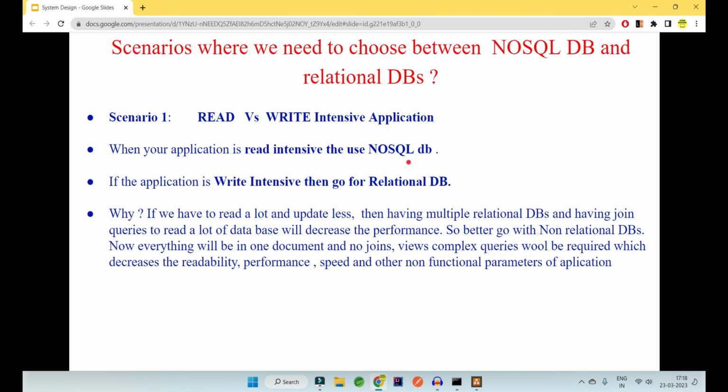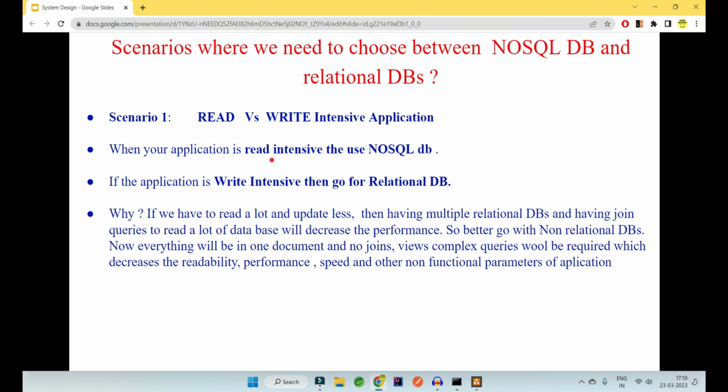This will all be reduced and hence your performance will increase, speed will increase, readability will increase, and hence all the non-functional parameters will be good for your application. Whereas if you have used relational ones, then you have to put all those queries to get a simple single data for a single student. So that is why it is said if it is read intensive and you update very little, go for NoSQL, else